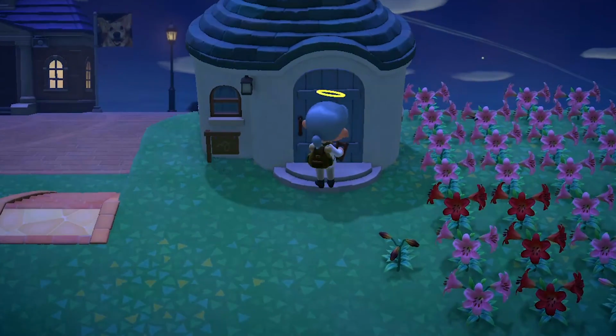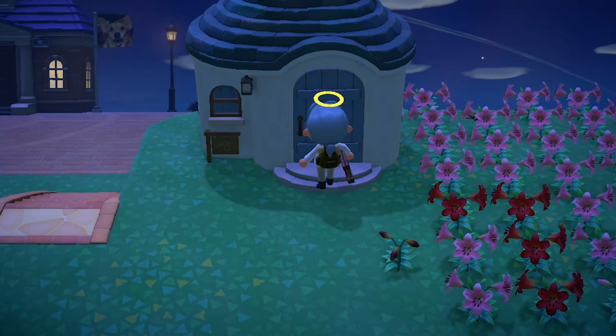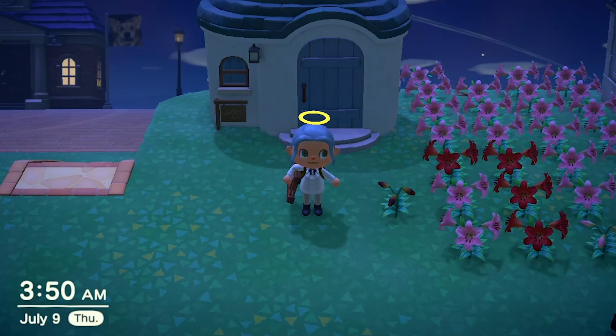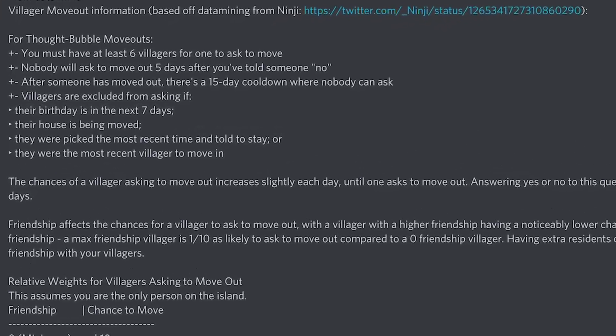I will be using time traveling to move out my villagers, and disclaimer, there are some stipulations or details that you'll want to know before starting. I'll include on screen some important notes about moving out villagers directly sourced from Ninji and compiled by RC on Discord. When time traveling to move out villagers, keep in mind that to generate the thought bubble, you must have